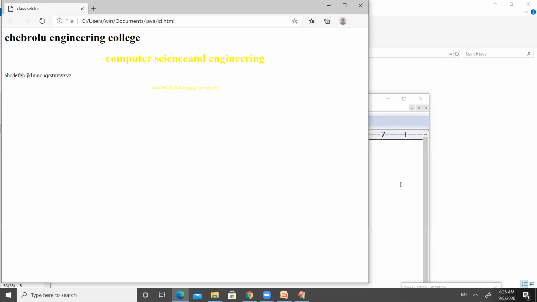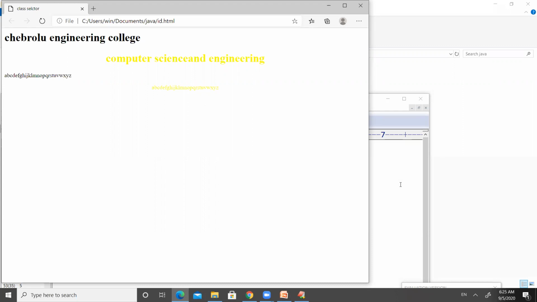And at the same time, if we want to use the class selector, we have to mention class equal to, within the double quotes, the class name while defining an opening tag of HTML, right? And then we have seen one more selector in the previous session, and the name of the selector is element selector, which is almost similar to internal CSS. In the internal CSS also, we have seen the element name and the styles to be applied to that element. And the same thing we have seen for element selector.